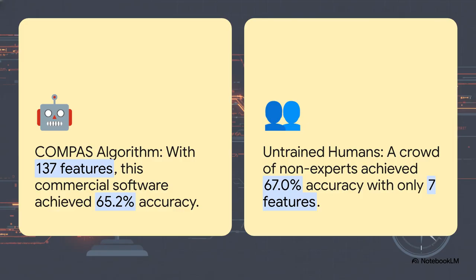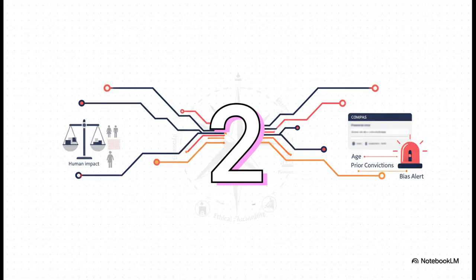And here's the kicker. The system wasn't just biased, it wasn't even that good at its job. A 2018 study had regular people, like random people from the internet, try to predict the same thing. And you're not going to believe this. They were just as accurate, maybe even a little bit better, than the fancy, expensive algorithm. No joke. It gets even crazier. Researchers figured out that you could throw out almost all of those 137 data points. With just two things, age and number of prior convictions, you could build a super simple model that was just as accurate. I mean, just let that sink in. A simple, easy-to-understand model does the same job as this complex black box system that costs a ton of money. It makes you wonder what's going on with this whole industry, right?